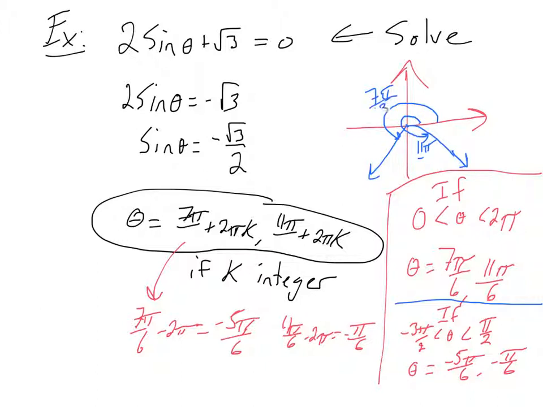So 7 pi over 3. Nope, it's not even going to be that. Sorry. So instead of the answers being 7 pi over 3 and 11 pi over 6, or 7 pi over 6 and 11 pi over 6,